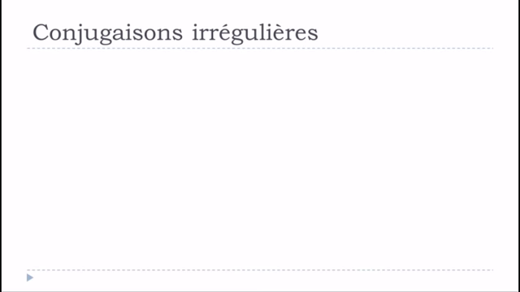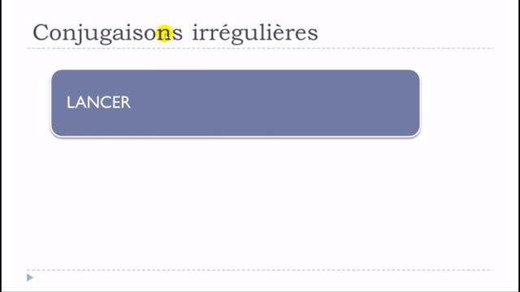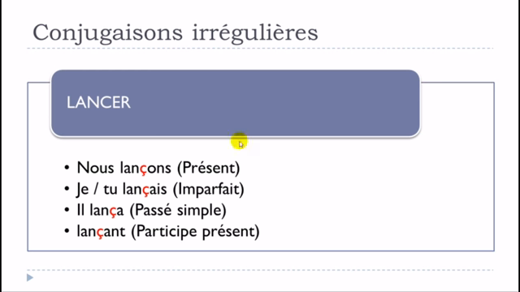You'll see why. I wanted to take this verb lancer. Lancer is to throw something or to launch something. We will have three tenses that will be concerned by these modifications. The first one will be le présent, then l'imparfait, then le passé simple. We don't really use that much le passé simple, but it's still quite important to introduce this tense and to show you what modifications we'll have. And then the other thing will be the form of le participe présent, which is quite useful to see.